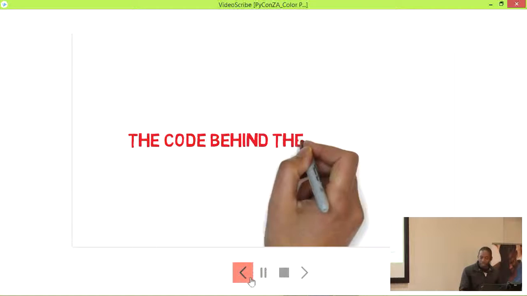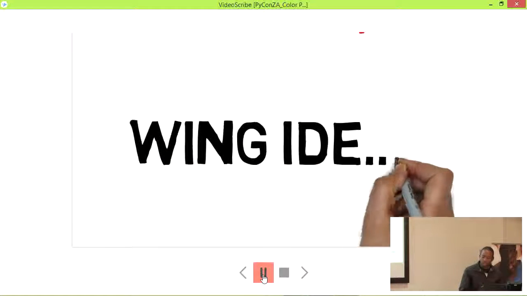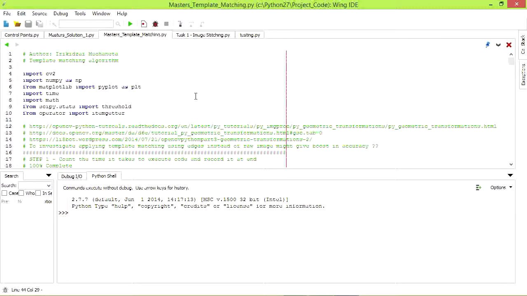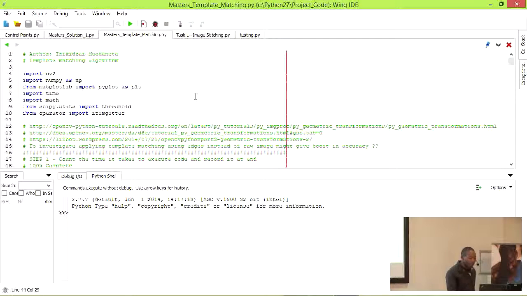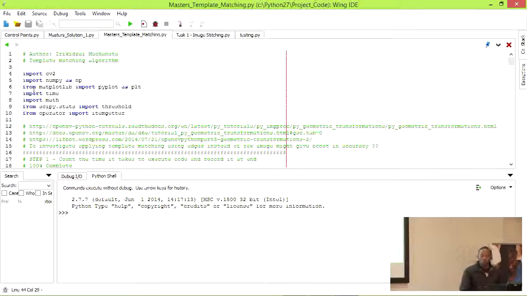So right now, I'm going to go into the Python IDE and look at the Python code that I used. As you can see, okay, everyone can see it. Awesome. So I'm going to scroll all the way up. It's quite a lot of lines of code, but I'm not the best coder. So if you find too many if statements or loops, then forgive me for that. Okay, so I imported a couple of, can I call them libraries? I used OpenCV. That's one of the libraries I used.